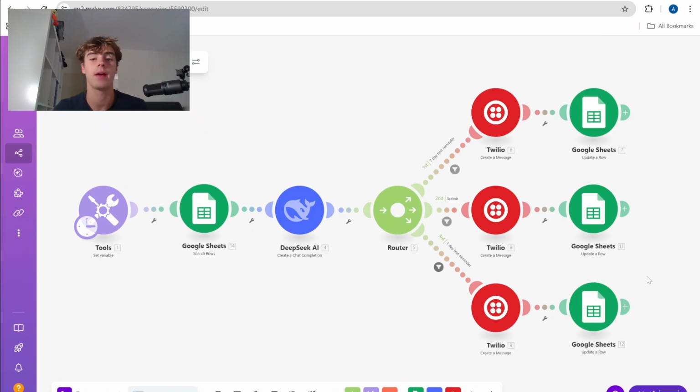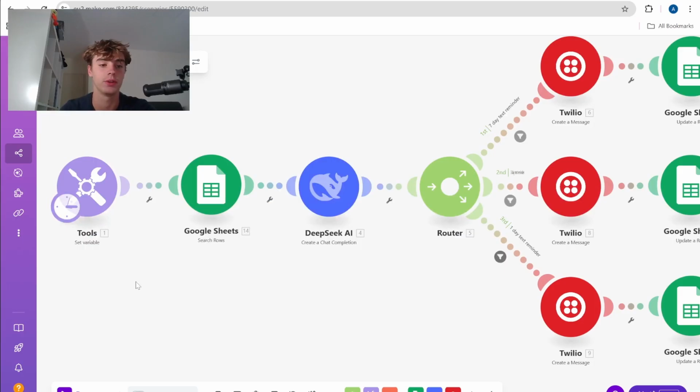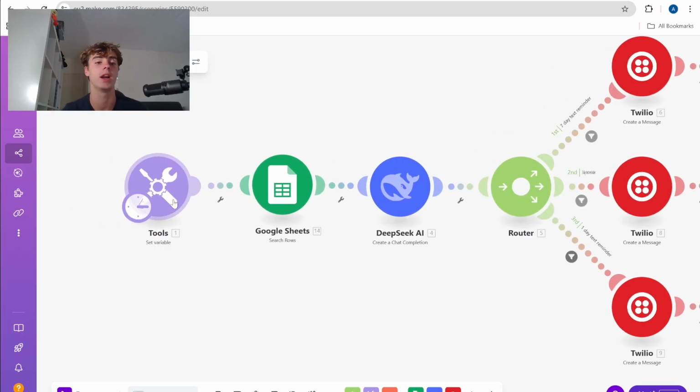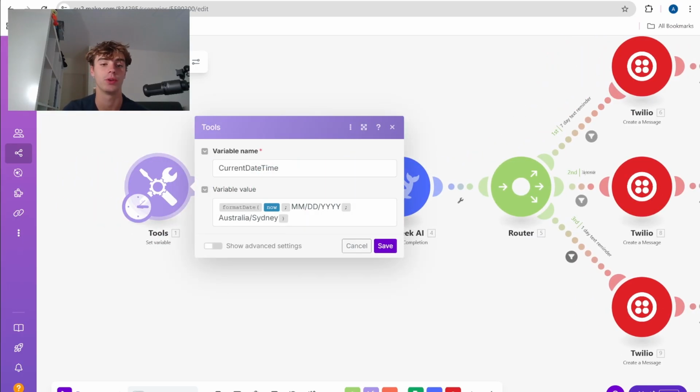Okay, so now we're on make.com. I'll run through exactly how you do it. So you want to first do a tool set variable. You also want to make it called current date time or just current date, whatever. And then you want to do this exact